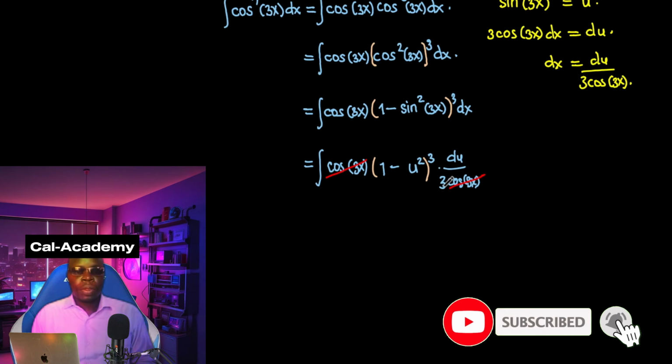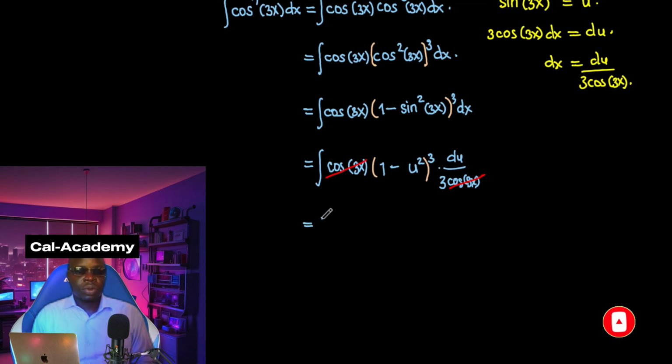So we're left with 3 here, and factor it out as a fractional factor. So we have 1/3 integral of, we're left here with 1 minus u square, and is raised to the power of 3